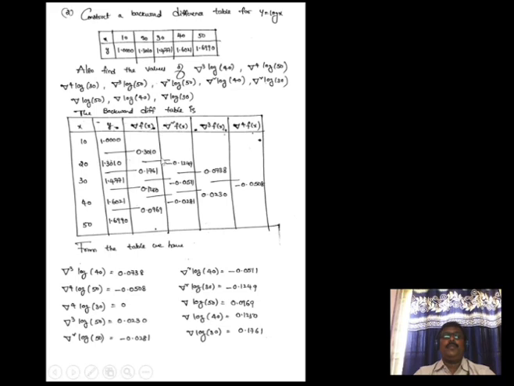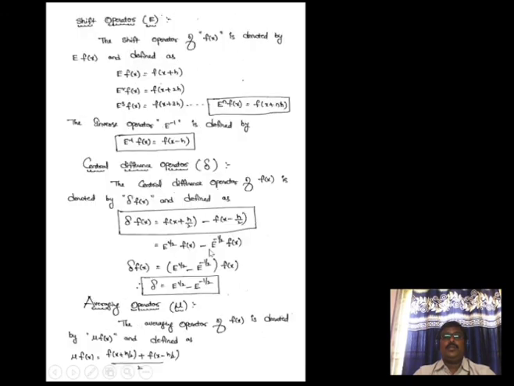Here you can observe from the problem, he has constructed a backward difference table for y equal to log x. He has given all the values, and now we have to find those values. On finding these values, for forward we see the values from the front, upwards, and for backward we see the values from down. So backward means we have to see from the downward. Like this we can easily find the values. So this is about the forward difference table and the backward difference table.